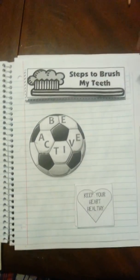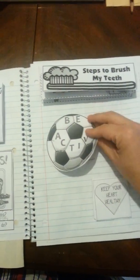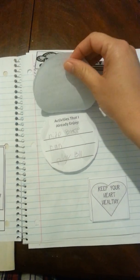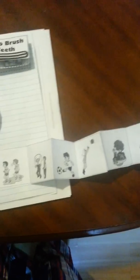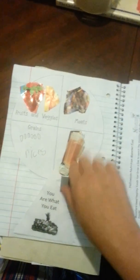This is for brushing his teeth, the steps, and he put them together as the Be Active, the exercise, how it helps you, and then he picks what he likes to do and what he would like to try. Same thing for how to keep your heart healthy. And it's a little tab. Sorry. And then he did the foods, and he just cut a few things for each from a magazine that I had,